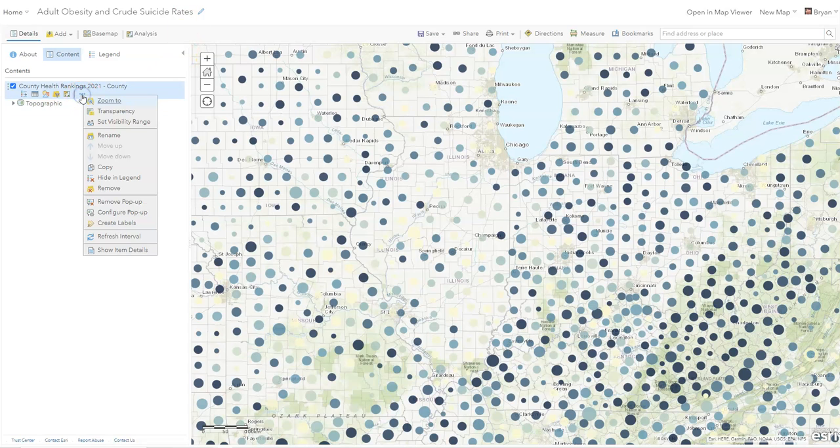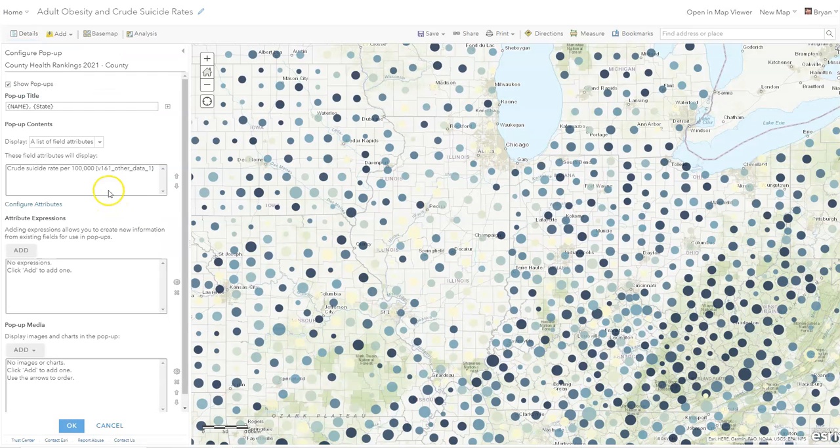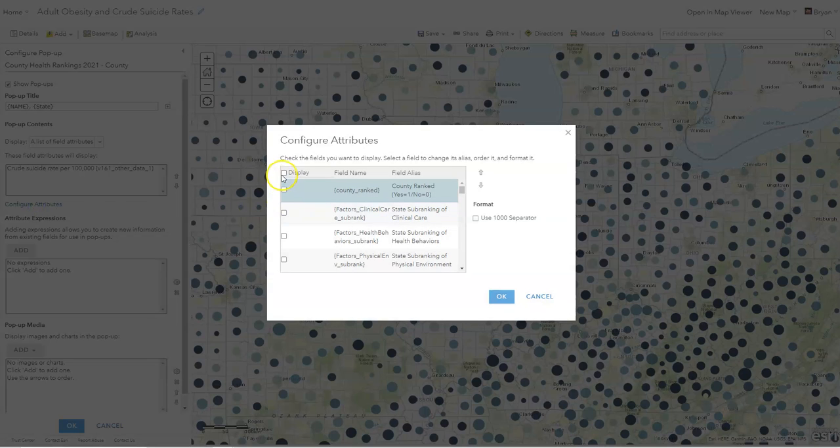So we'll click on this little thing here, configure pop-ups. And since I've already changed this around, we want to keep this the same. And I say a list of fields from attributes. When you get this, you might get a whole bunch of the variables in here. Since I played around with this, I just get crude suicide rate, but you can click configure attributes, and